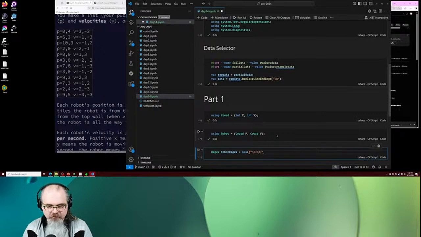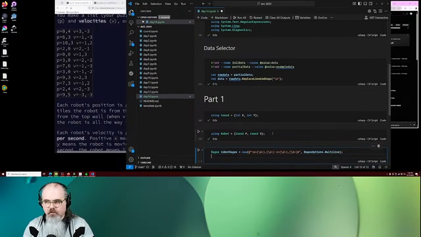So backslash d plus, comma, backslash d plus, space v equals, backslash d plus, comma, backslash d plus, end of line, comma, regex options.multiline. All right, so now